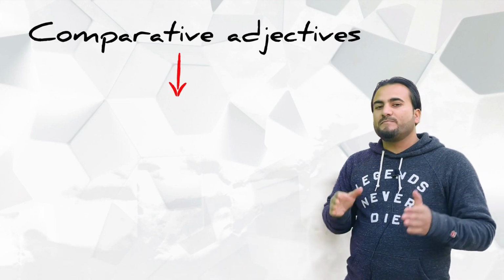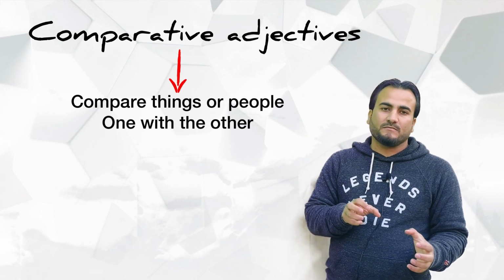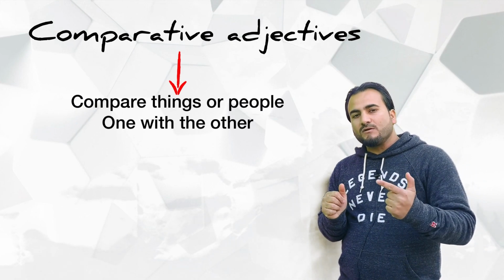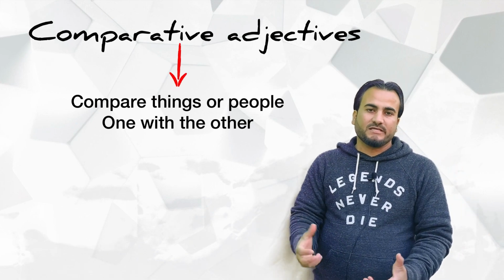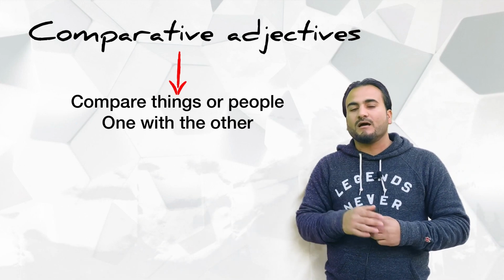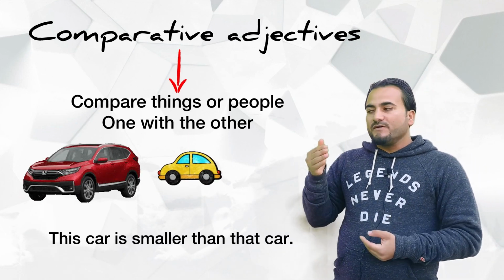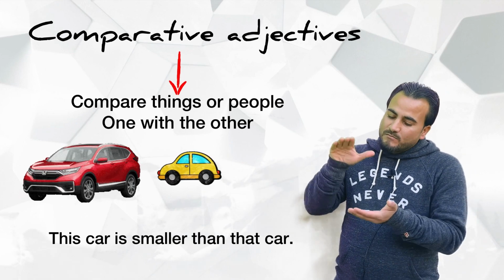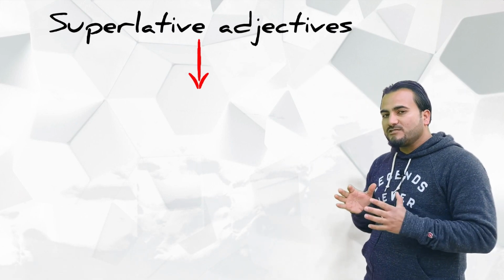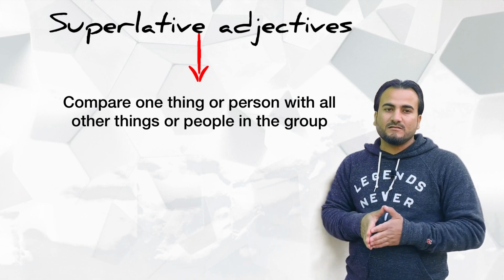Okay, we use comparative adjectives when we want to compare things or people, meaning to compare one thing or one person with the other. For example, this car is smaller than that car. Okay, very nice. Now we use superlative adjectives when we want to compare one thing or one person with